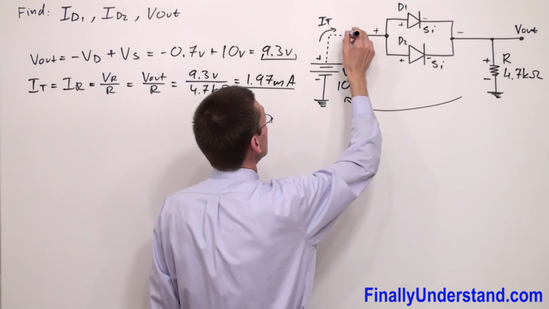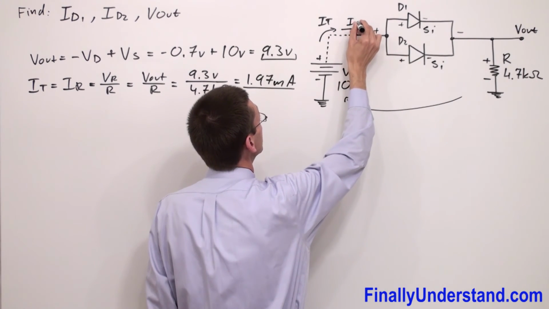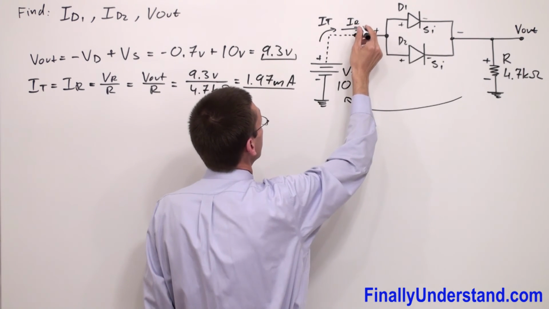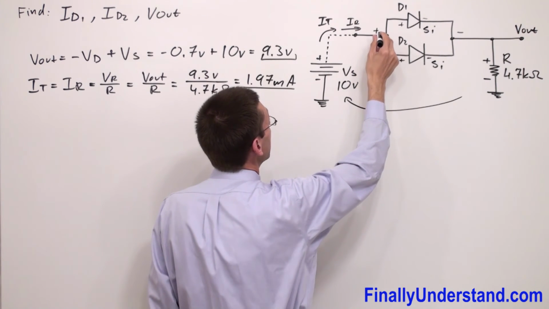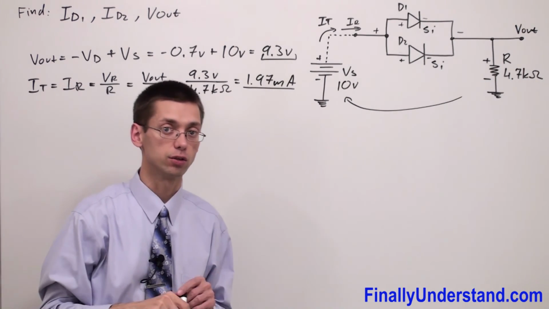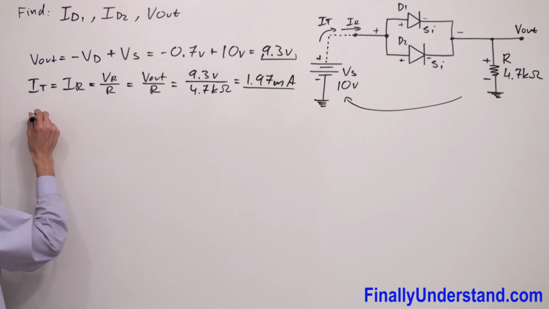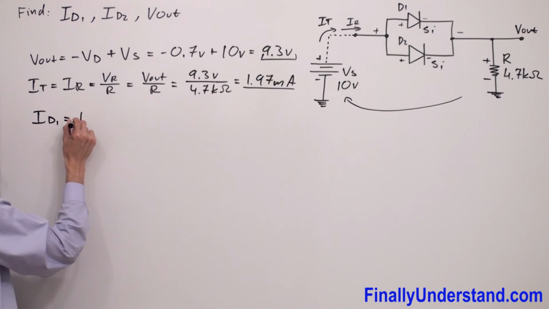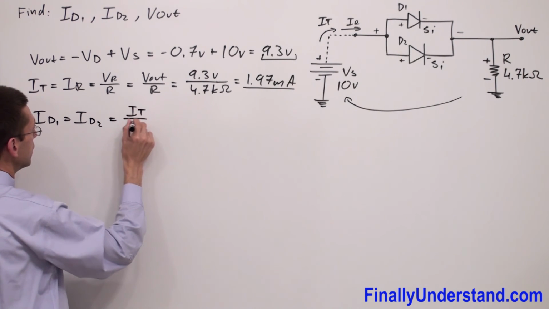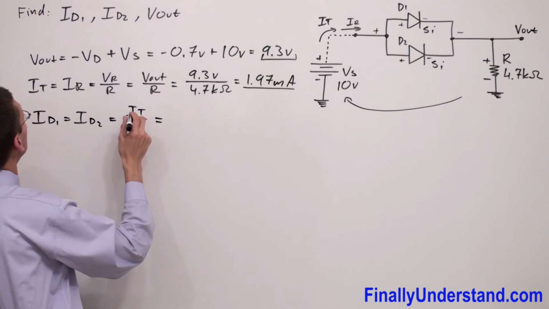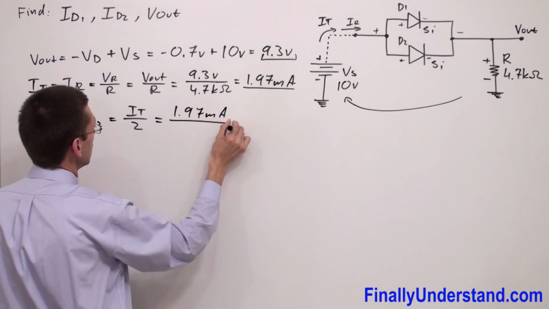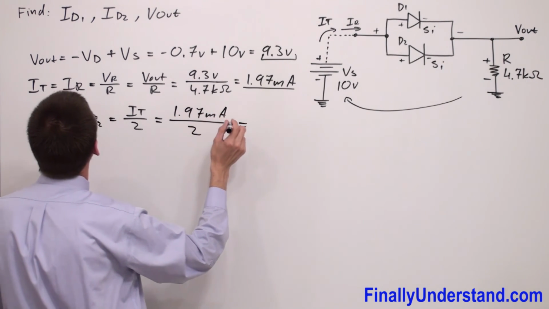Okay, so this is the current which goes through the resistor. This is the same current which will go over here. This is my I total, right? We can say this is also IR or ID. But if you want to find the current which goes through each diode, and because these two diodes are silicon diodes, I can say theoretically that ID1 is equal to ID2, and this is equal to I total divided by 2. I total is equal to 1.97 milliamps divided by 2, which is equal to